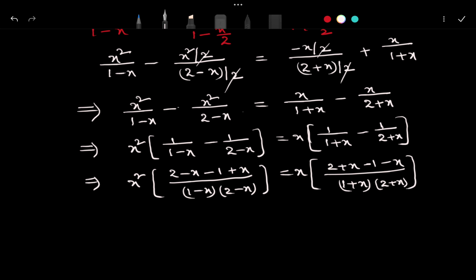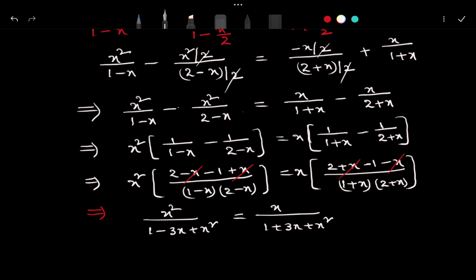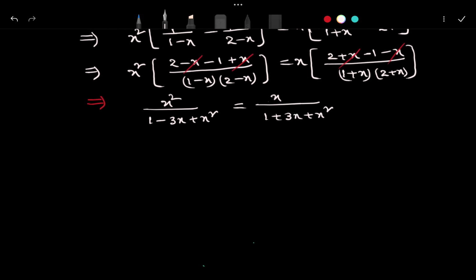So now you see, here minus x and plus x will be cancelled. Here also minus x and plus x will be cancelled. That value will be x square into 2 minus 1, that is 1, by the denominator 1 minus 3x plus x square, is equal to x into 2 minus x by 1 plus 3x plus x square. After this you cross multiply. By cross multiplying you will get x square into